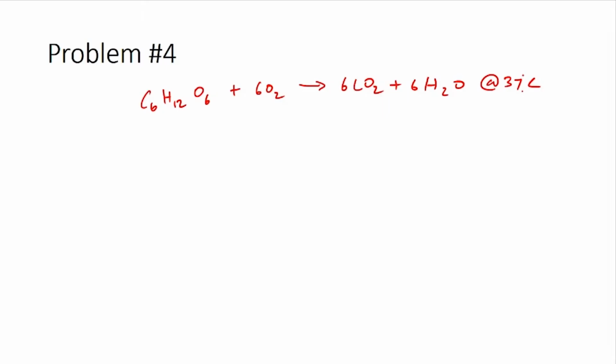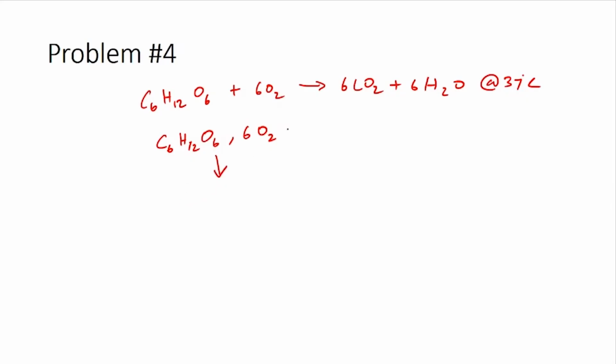So, this is the real reaction which is happening. This means reactants at 37 degrees Celsius are reacting to form products at 37 degrees Celsius. Instead, we are going to change this into a hypothetical path where you have reactants glucose and 6 moles of oxygen